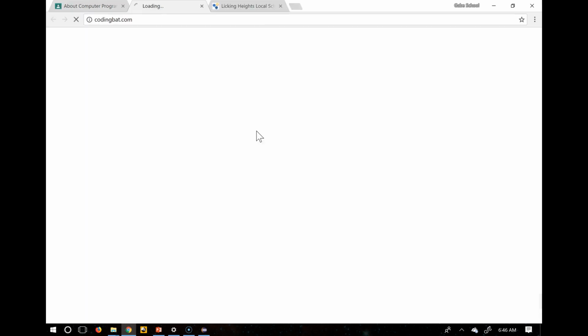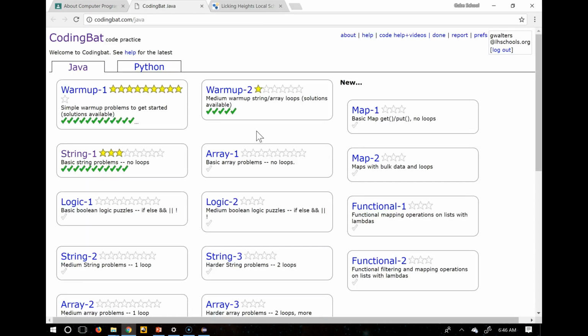A lot of times we may not understand the whole problem, but if we can break it up into smaller pieces, that is how we'll be able to solve these codes. So